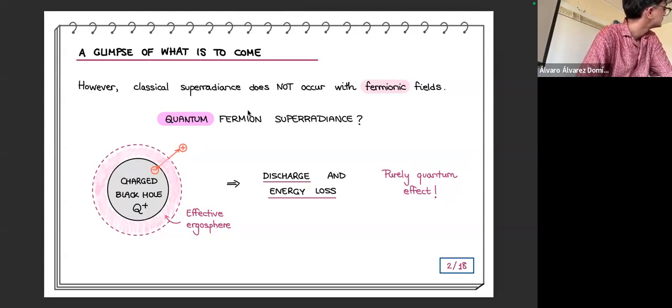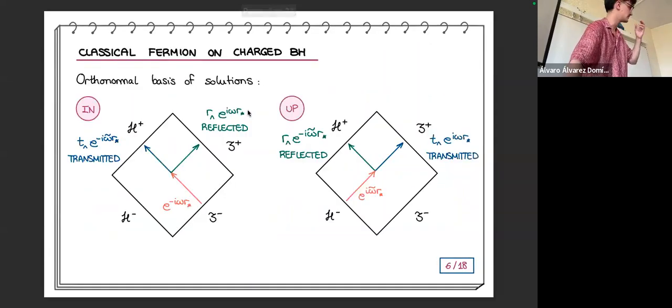Maybe it's just a misconception from me. Somehow in my mind, it's different to have something coming from a white hole and something like a pair being created and split, but maybe it's not different. Maybe it's the same. How do you call that? I'm trying to get a picture of it. But is that quantum or just classical? Because classically, we do not have this with fermion fields. This is purely quantum. With bosons, we do have classical. Yeah. No, but I think your idea is what it is.